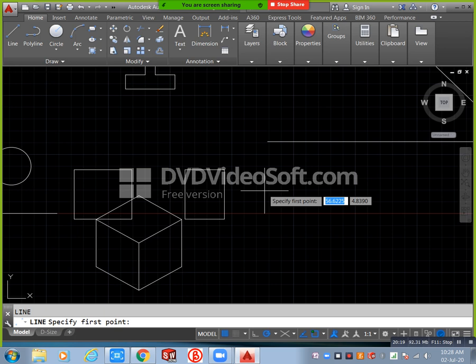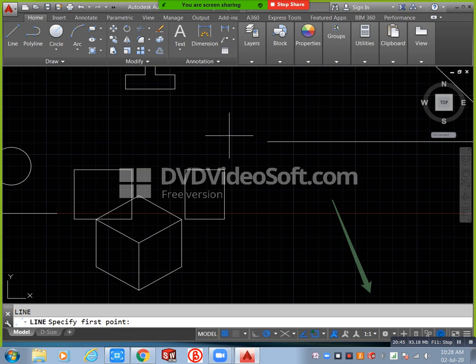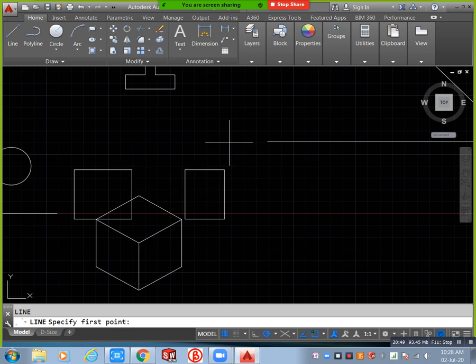Dynamic input means when you move your cursor, you can automatically apply your value beside the cursor, but we no need this one. This one also you can always turn off. Why? Because in some situations it automatically takes less-than and angle symbols, that's why we no need this one, you can turn it off. If you like a user-friendly approach, you can use this one, that's not a problem. You can use it or not use it, that is your choice, but in most situations it is better to turn it off.